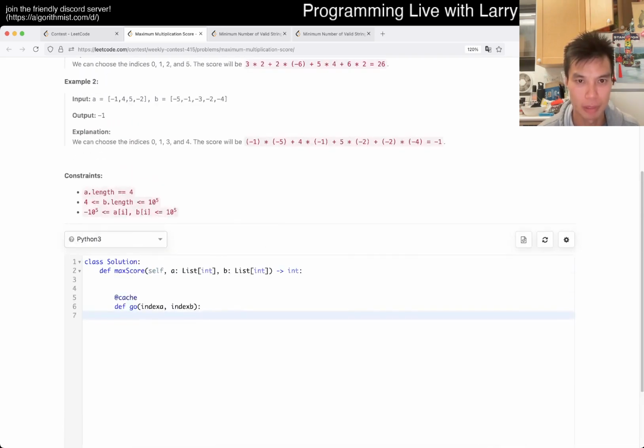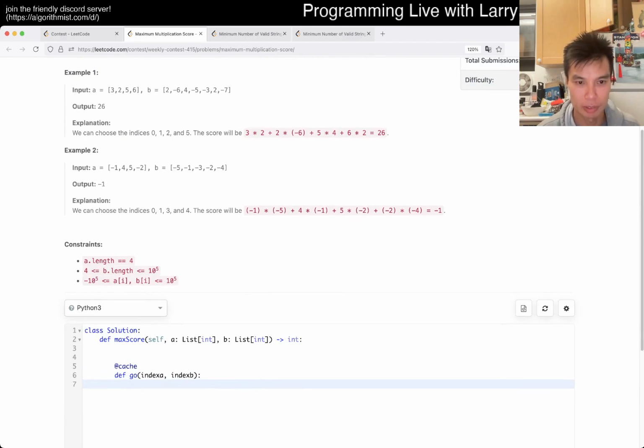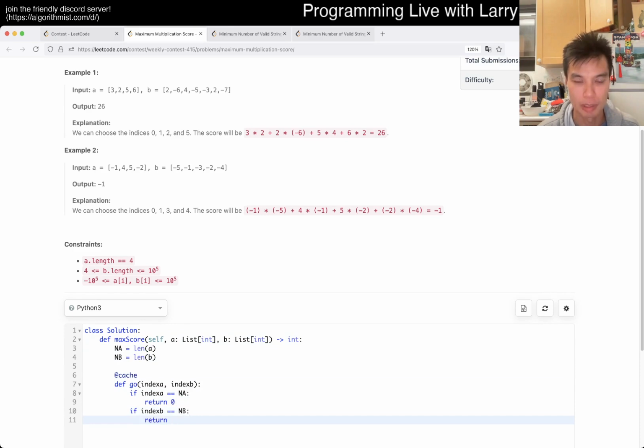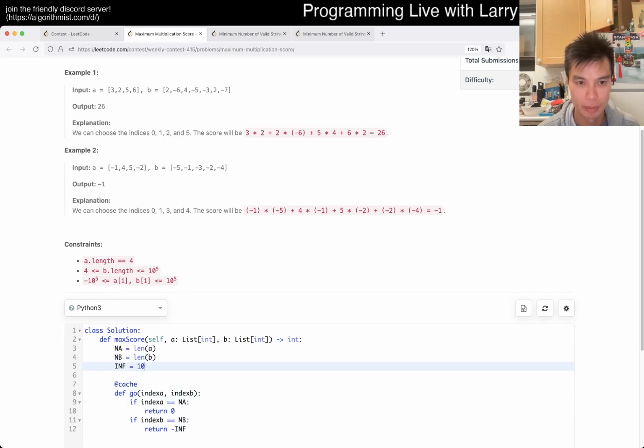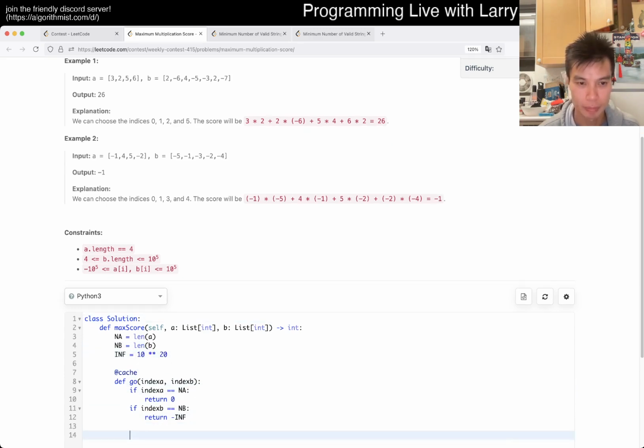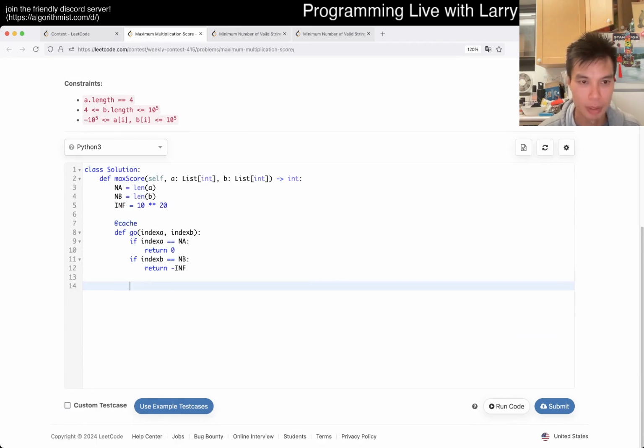Terrible naming, but okay, fine. Alright, so then I just take no take. I know it's only 4, it's fine. That means we're not finished, so we want to return negative infinity. And then just return